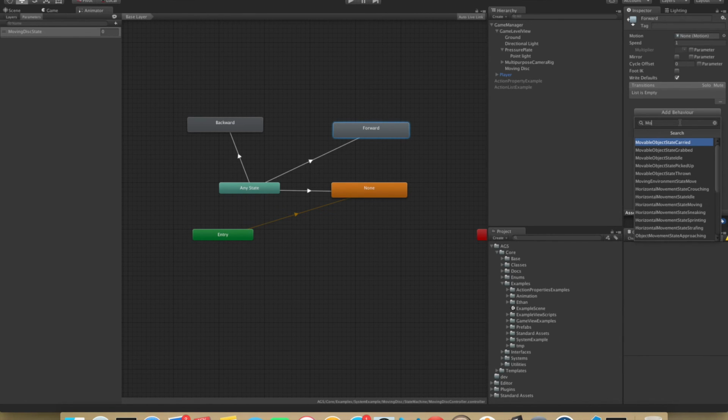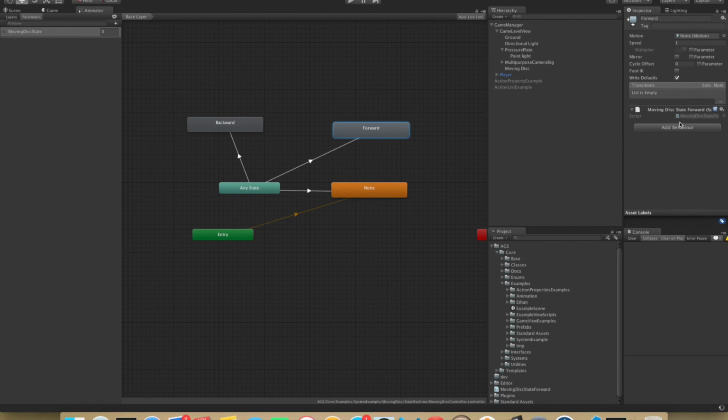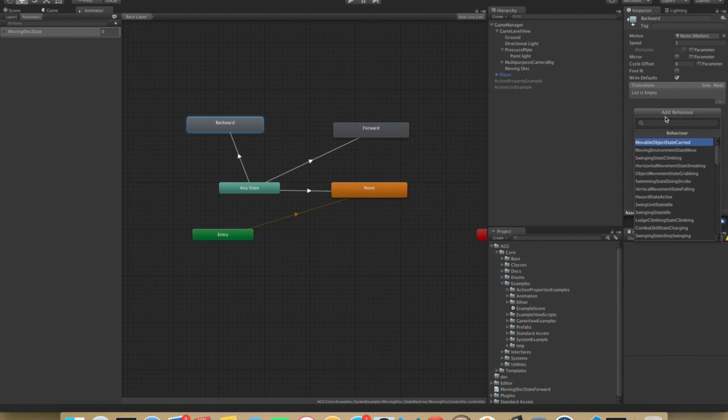So moving disk state forward, and here we'll do moving disk state backward,